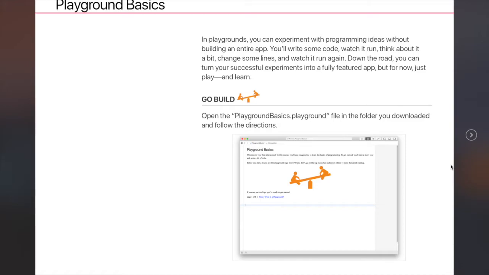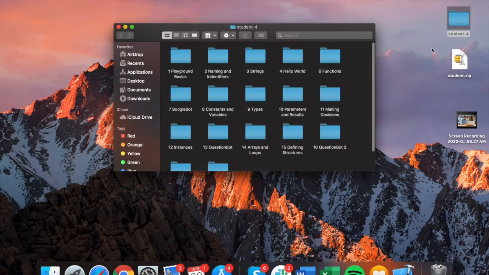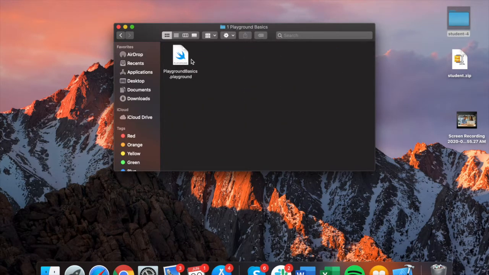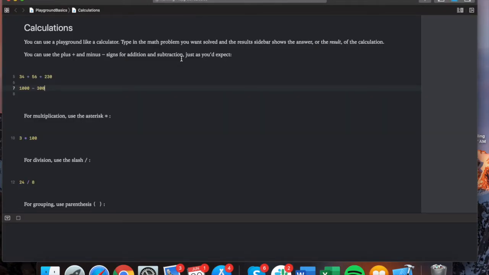Now, so we downloaded already the student thing. All right, so the one with the link we have, and here's the zip. Now I'll open it up, and okay, this folder, and let's go to the playground basics. All right, let's open the folder, and let's run it. Okay, so